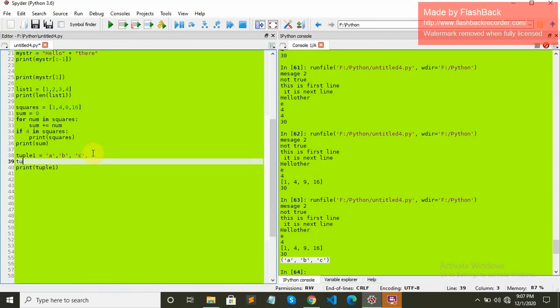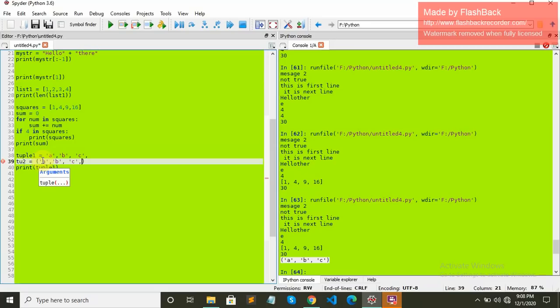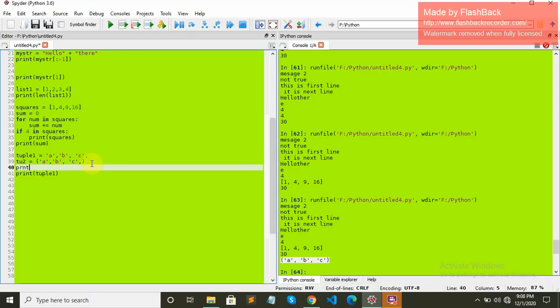You can also define a tuple like this. Just like this, you can also define tuples. It is tuple 2. Let me print it out. When you print this way, it is easy to identify how many elements are there in the tuple, and it will be easier to look at each element.